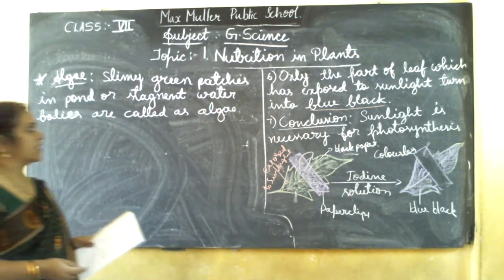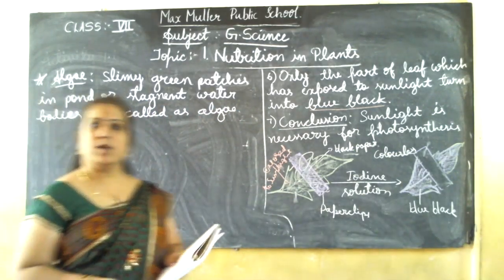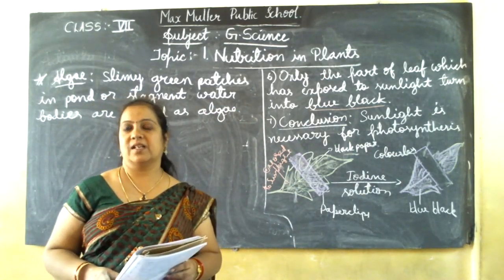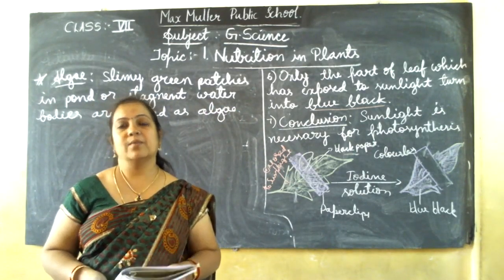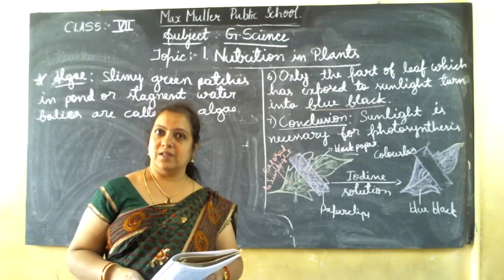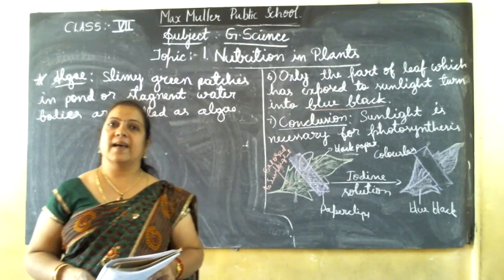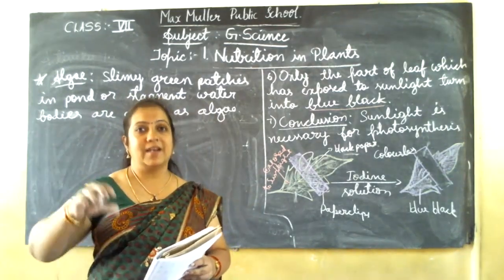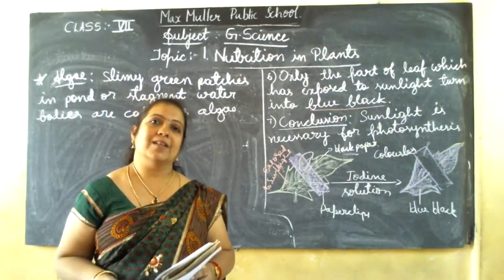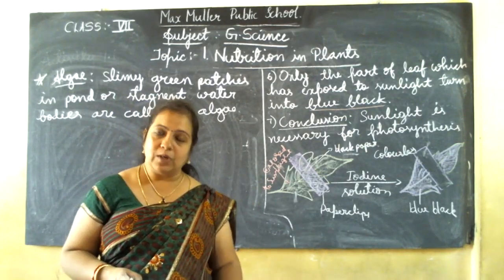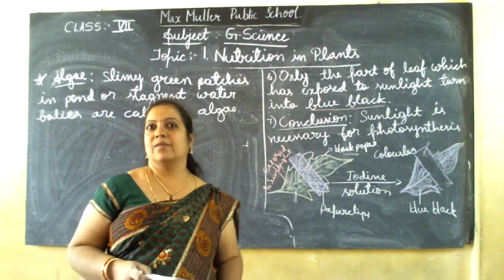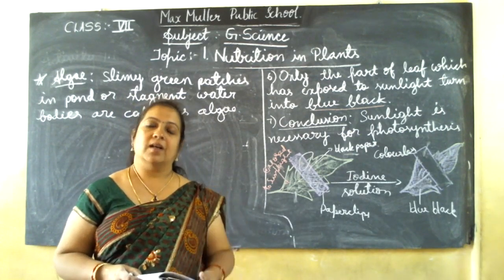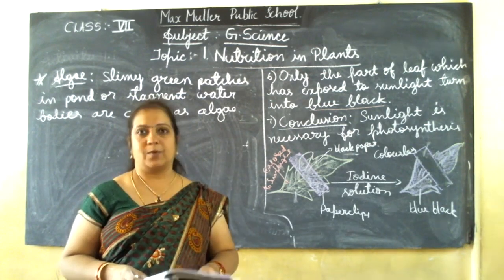Since they are green in color, few algae are brown or reddish in color also. They also grow in ponds or ditches or stagnant water only. They also produce food by the photosynthesis process. Instead of the green pigment chlorophyll, some have a red pigment, so we call them red algae. If they have a brown pigment, we call them brown algae. But all the algae colonies are able to prepare food by this process.